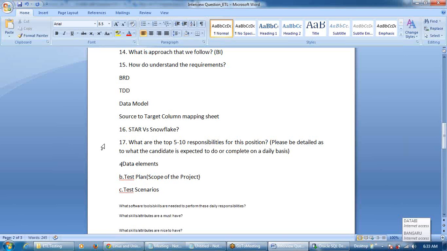I explained the data elements. Those are all in-depth ones. It's related to test cases, okay, complete test cases. Yes, did your team provide you